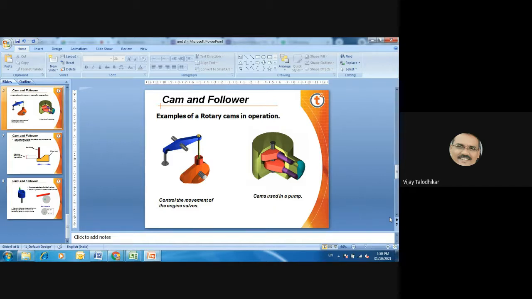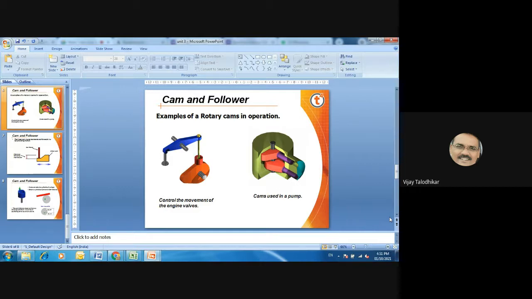Then again we can open the valve of the IC engine, because such things are required to get the four strokes in the IC engine. That's why a roller follower or flat face follower can be used in the IC engine, and the operation is controlled by means of the cam follower mechanism.